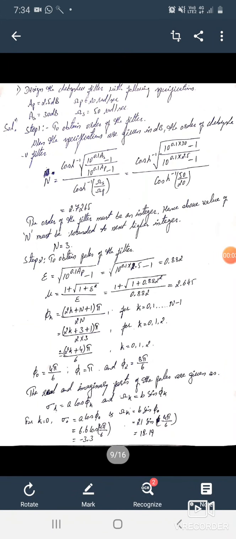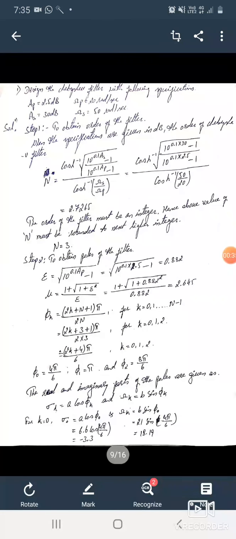Okay, here is a problem where we are going to use Chebyshev filter designing. In the previous class we used a problem based on Butterworth filters. When we are going for Chebyshev filters, we have to calculate the order of the filter, next the poles of the filter, then the system function. First we have to find what our order of the filter is.